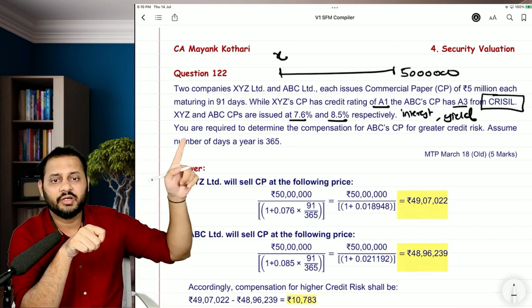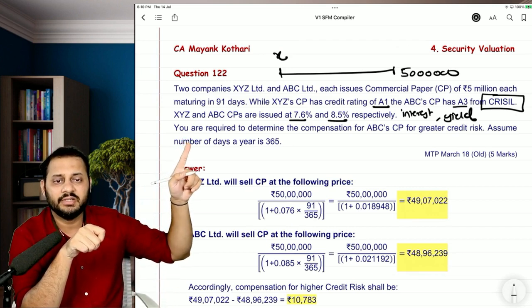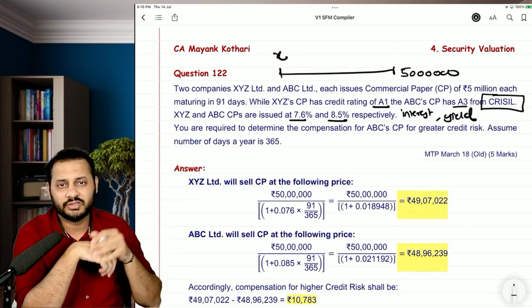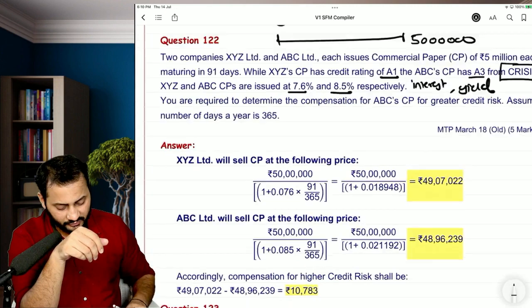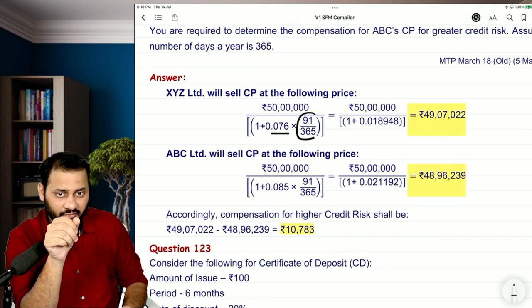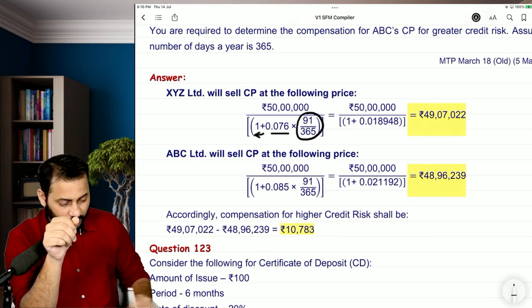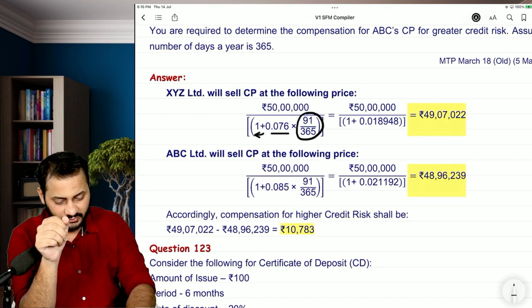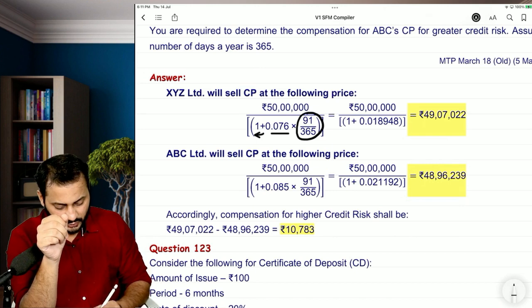Obviously, you are required to determine the compensation for ABC's commercial paper for greater credit risk. Assume number of days to be 365. So please understand what they have done. It's very simple. First of all, they have converted this 7.6% from 365 to 91 days, and then they added it to 1. Let me do it: 7.6 divided by 365 into 91. That comes to